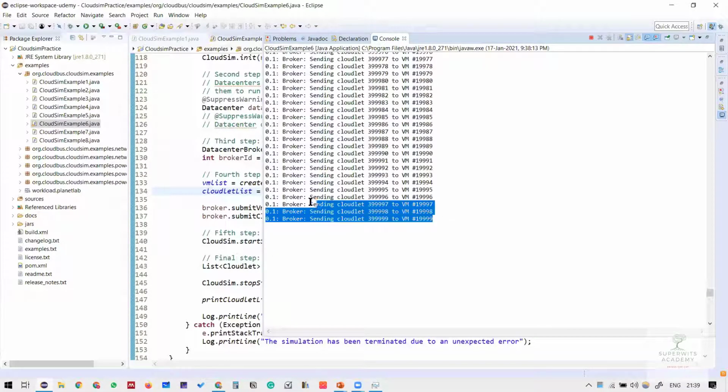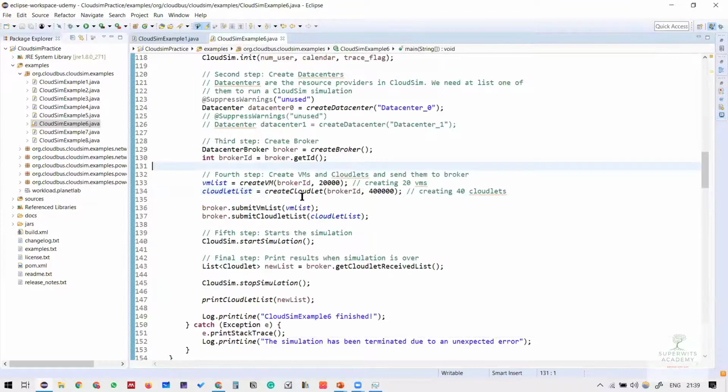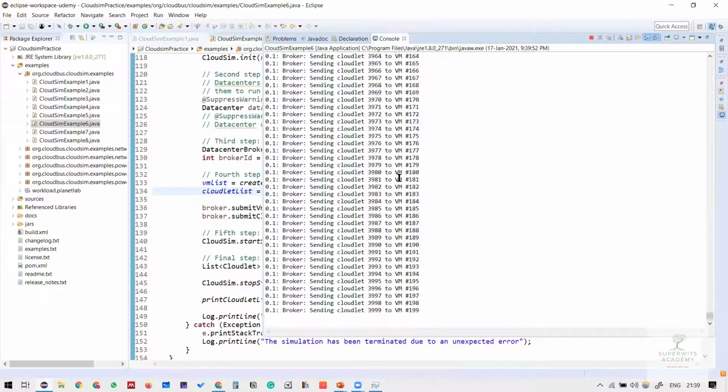Now, because the simulation is happening and there are a lot of different kinds of loops and events being sent between the entities, the further output will take some time to print. So this is what you have in terms of your scalability and the other factors, right? So let me stop just to have some testing. Maybe I reduce it a little bit so that we can have some output for the display.